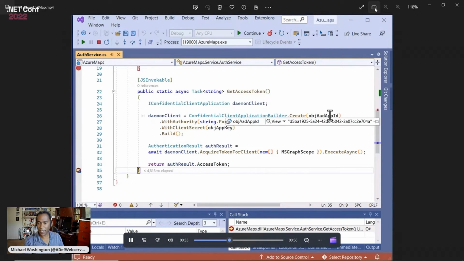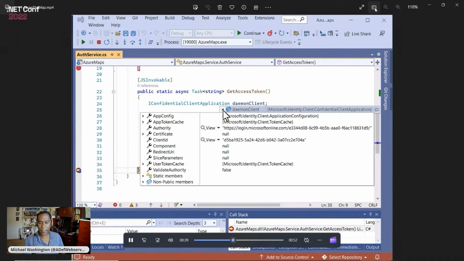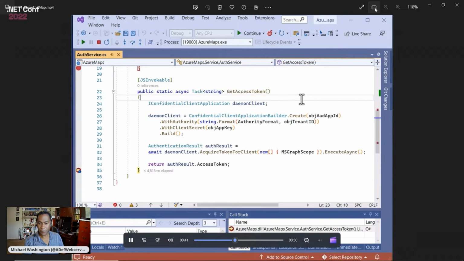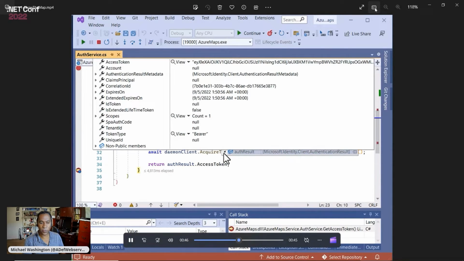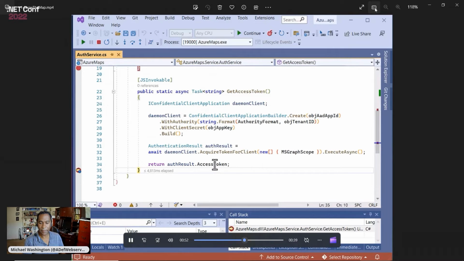And you see that the app key and the tenant ID and the client secret, they're all available. And it then pulls back the result. And the result is what has the access token that you see at the top there. And that's the access token that's returned.